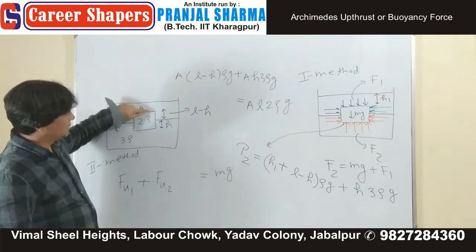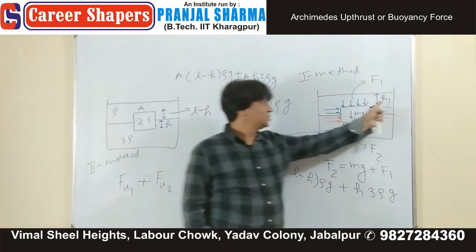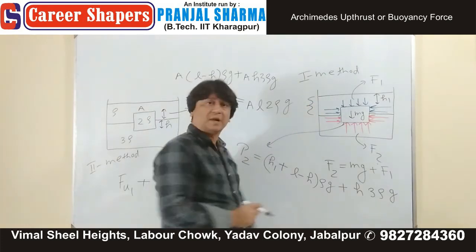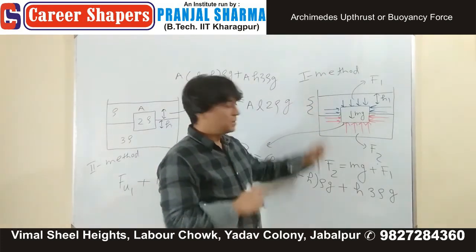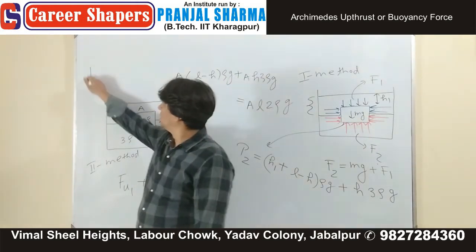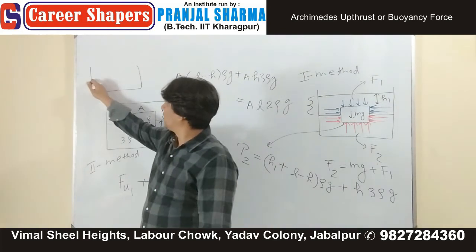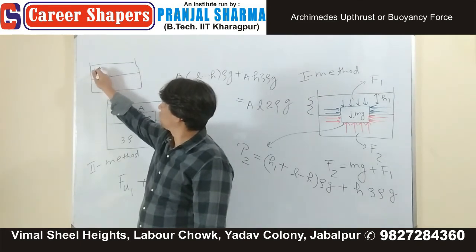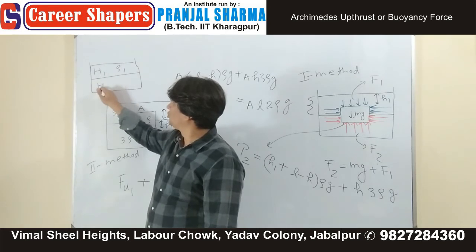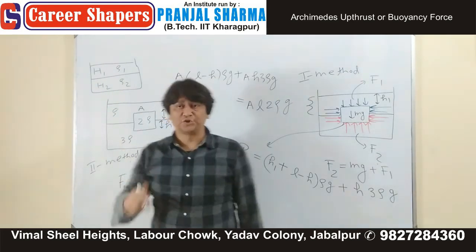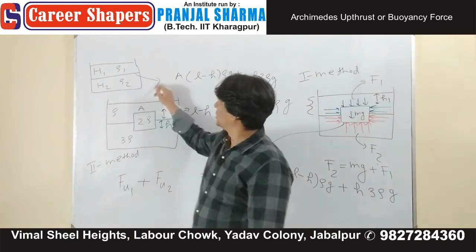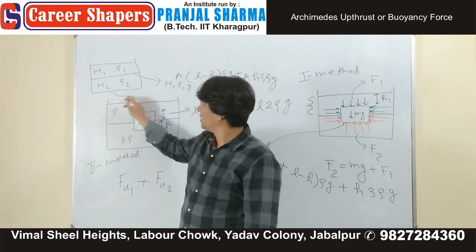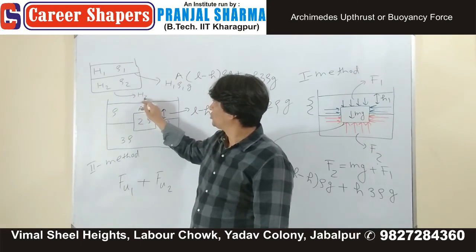इस ऑब्जेक्ट के ऊपर कितना लिक्विड था? H1. तो अगर आपको यहां प्रेशर चाहिए, आप क्या करते? आप ये पूरी की पूरी हाइट काउंट करते, इसका प्रेशर. सपोज आपसे किसी ने ये दिया होता कि there are two liquids of height h1 rho 1 h2 rho 2, सपोज ये क्वेश्चन होता, तो आपसे पूछा जाता भैया यहां पर क्या प्रेशर है, तो आप क्या बोलते हैं h1 rho 1 g। आपसे पूछा जाता है यहां पर क्या प्रेशर है, तो क्या आप केवल ये लिख देते h2 rho 2 g।